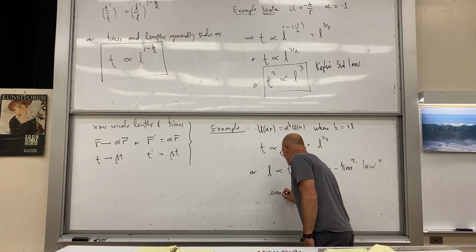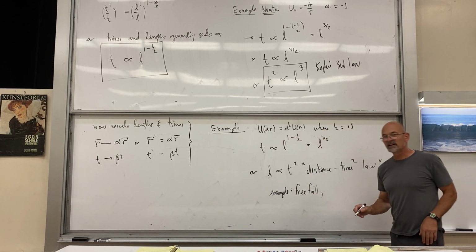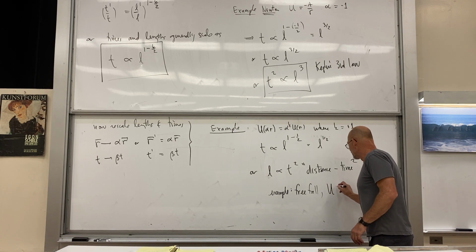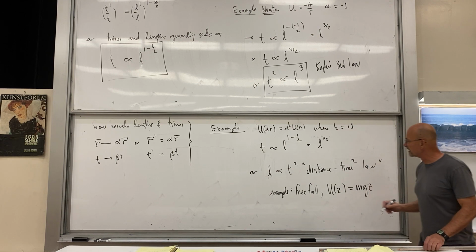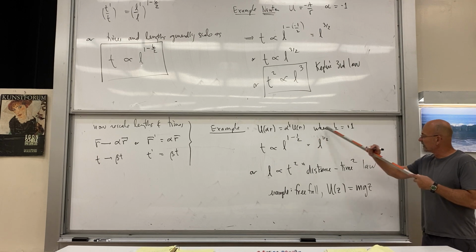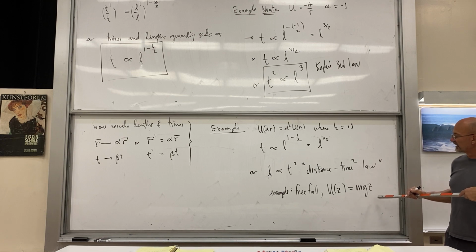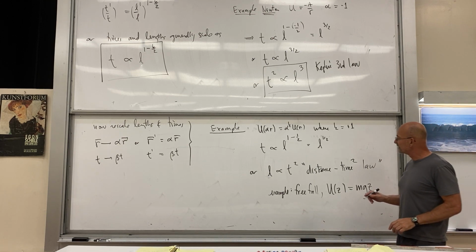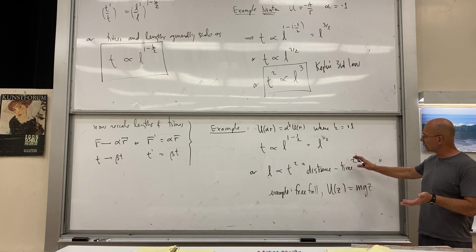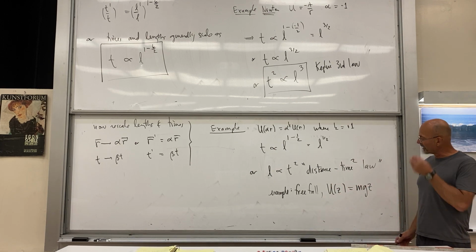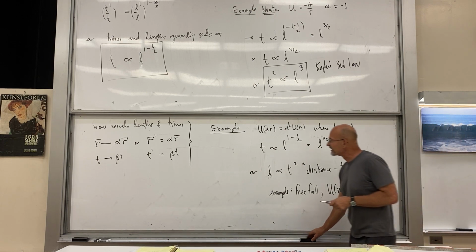Example, free fall. And what is the potential energy for free fall? It's just U of, say, Z is equal to M times G times Z, right? And so that's a length, where it has the scaling exponent of K equals 1. So yes, you get the distance times square law without actually solving the equations of motion. Now, the equations of motion are simple enough for that one. You can take it either way, right? But we did get it without actually solving them, distance times squared law. And the last example I'll do here